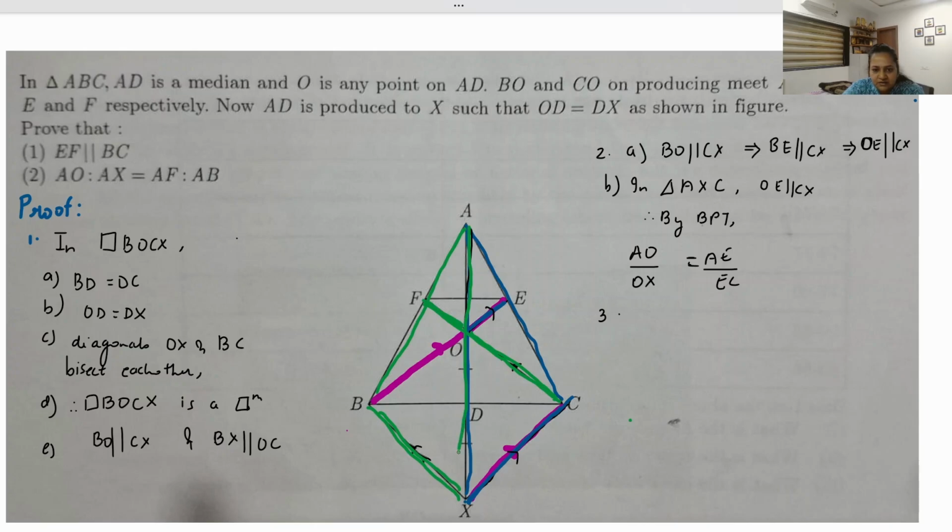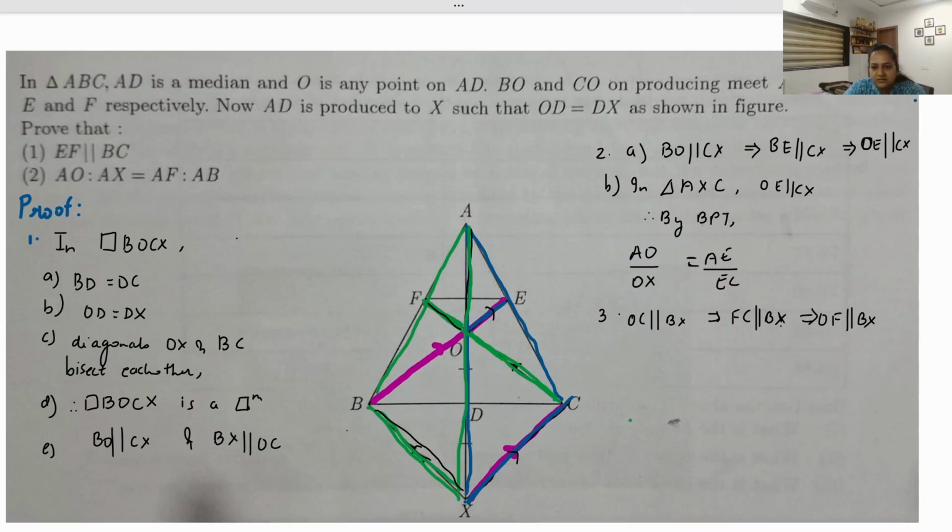Which triangle? Can you name the triangle? Yes, ABX. What we did on this side, we're going to do on the other side of the triangle now. We'll write the same thing. We'll say OC is parallel to BX, means that FC is parallel to BX, and instead of FC, we can say OF is parallel to BX. So we get OF is parallel to BX, and then we will say in triangle,